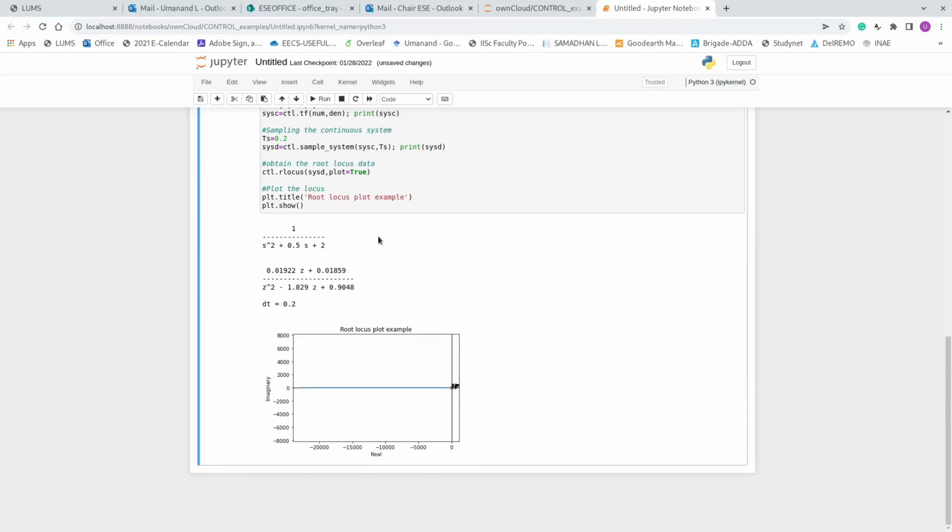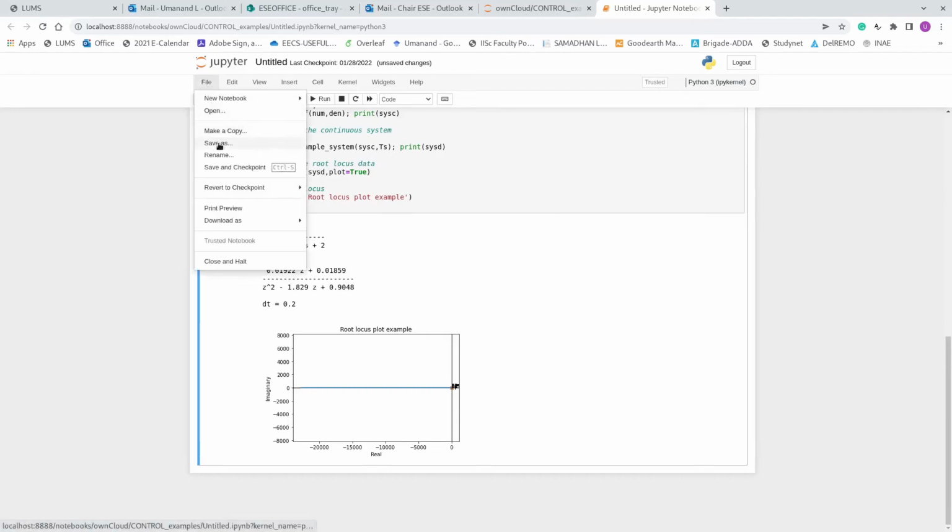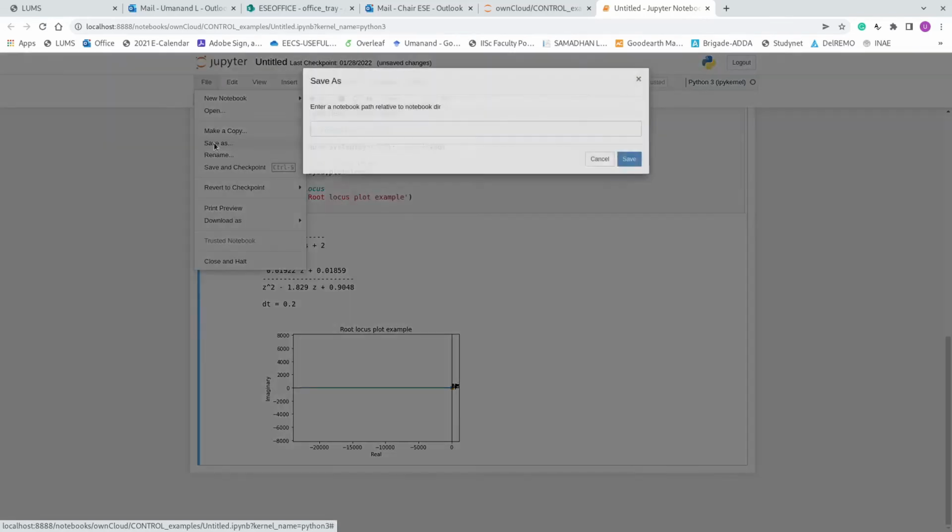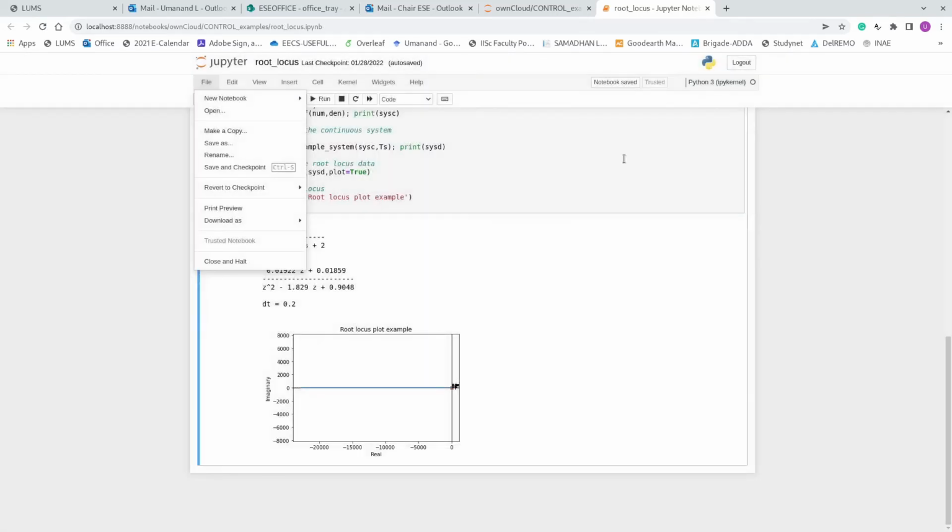In the meantime, first let me save this work. We will come back to this. So I will save this as root locus, save. So that is done. It is saved as root locus here, you can see.